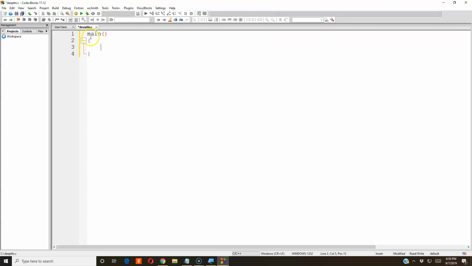Main should be in small letters, open and close parenthesis. This is the syntax. After that, flower bracket, it opens and closes. See, in Turbo C++, you were doing this opening and closing. It closes automatically for you. Some features are there which will be helpful for you.